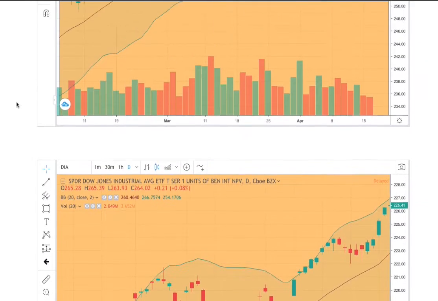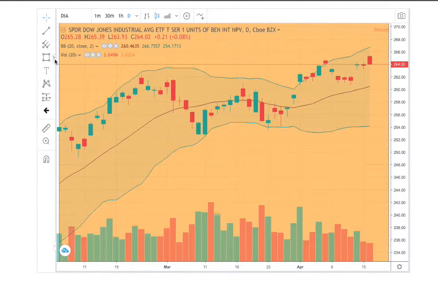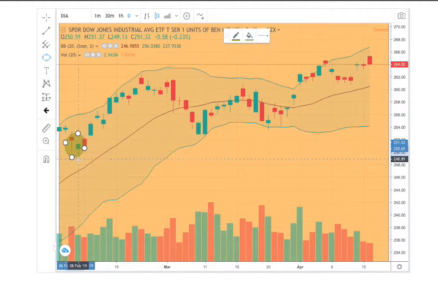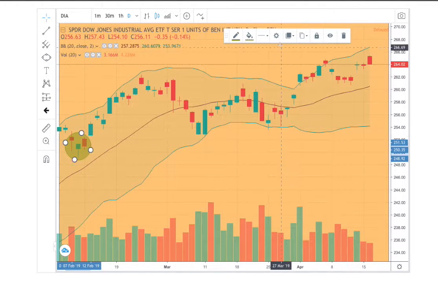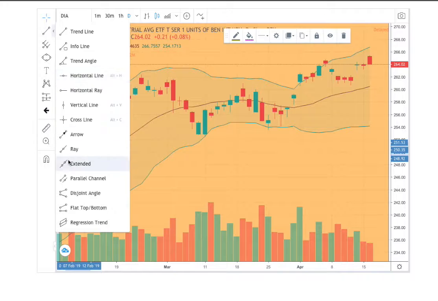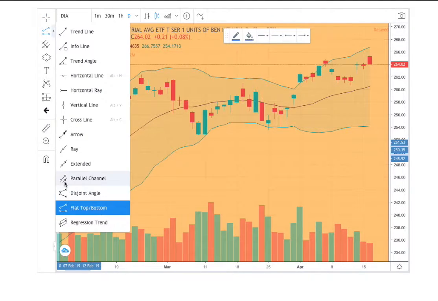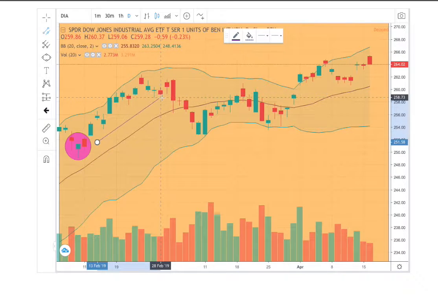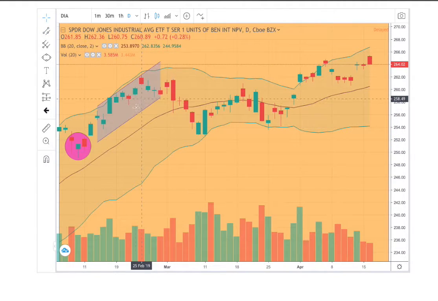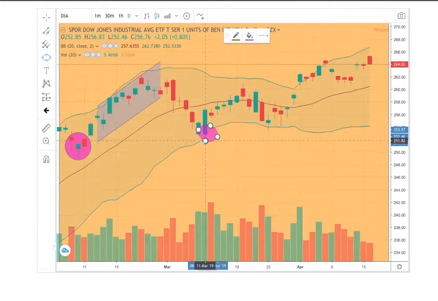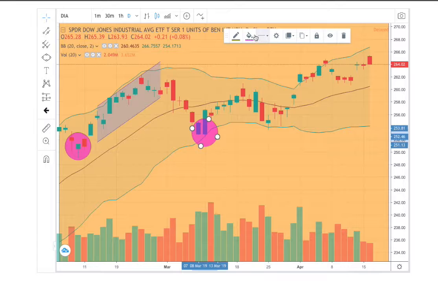So let's get started. What we have here in the beginning of the trend is a slight dip. I'll mark this as pink, and then we continue moving on higher with the trend. I want to draw an upward trend, and then we have a dip touching the bottom Bollinger Band right here,